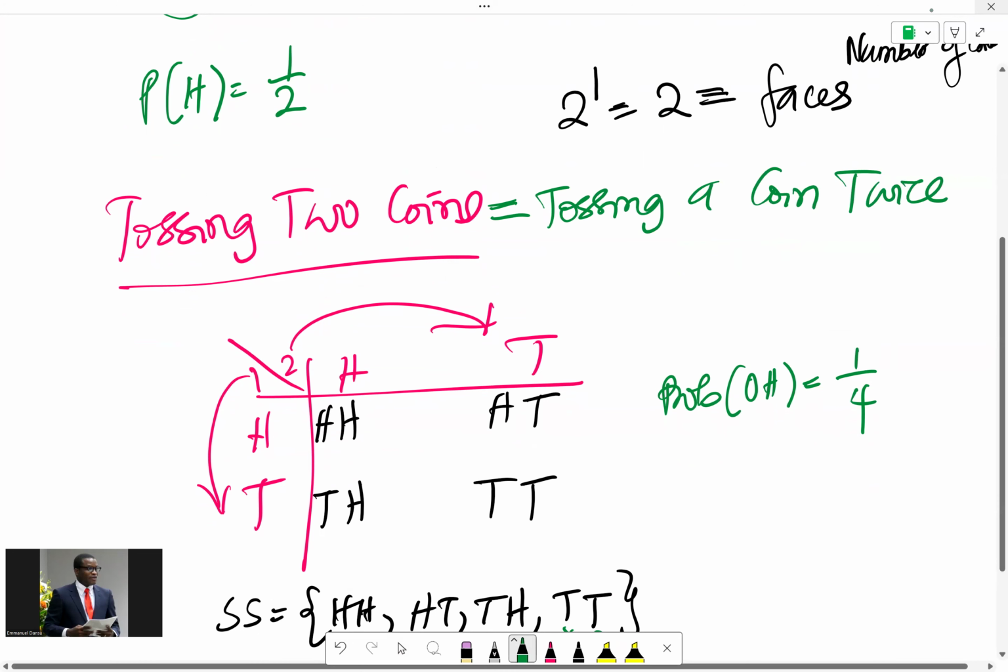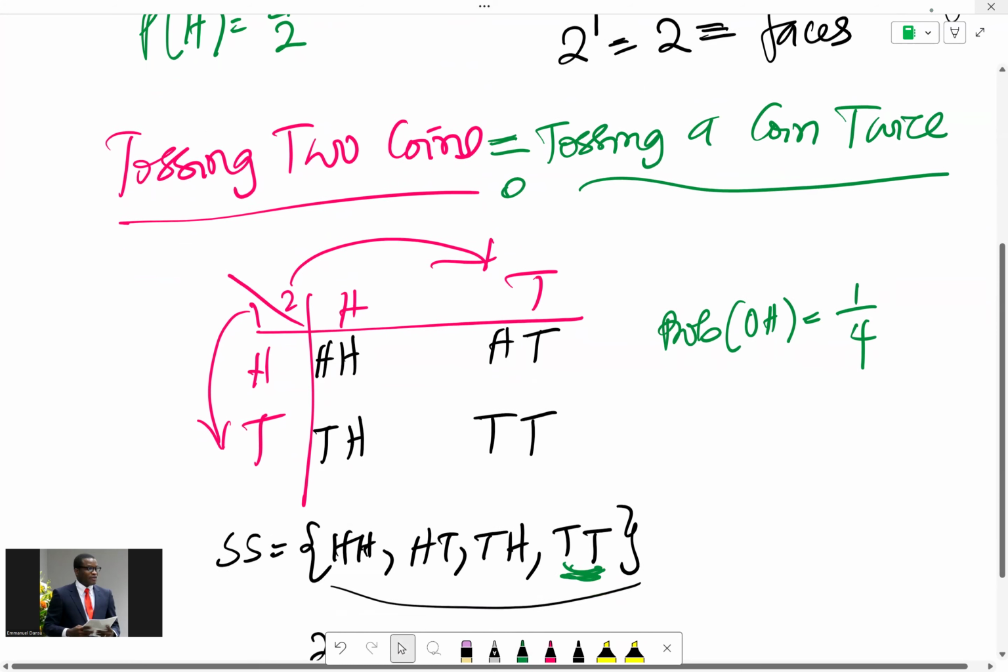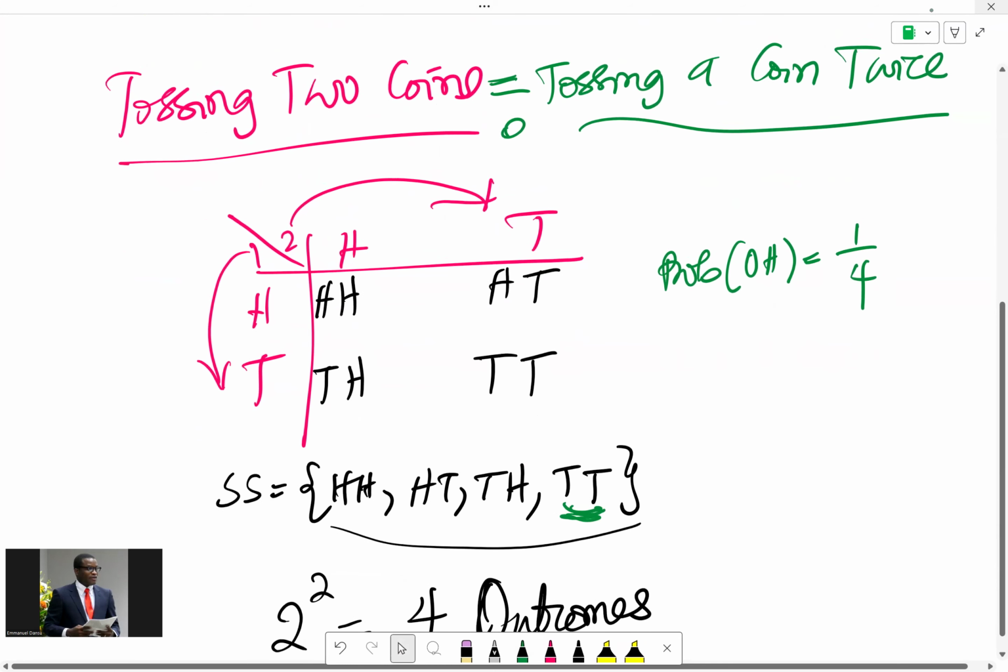So if you toss two coins, or you toss a coin twice, it's the same result. The first toss can give you a head, while the second gives you a tail, and all that. It can give you all those possibilities, in short. So now,